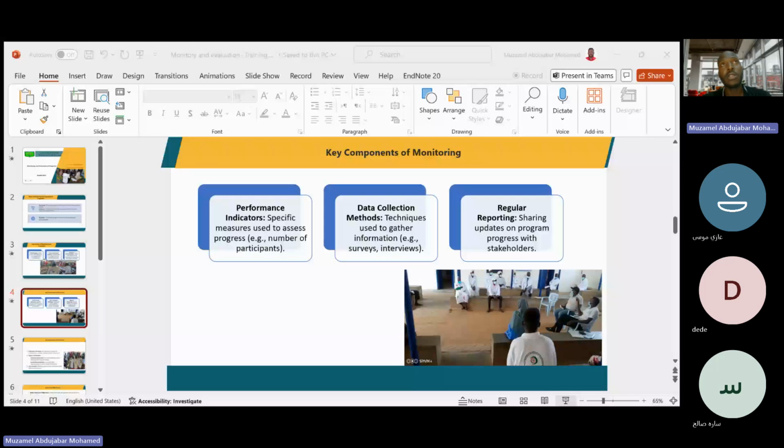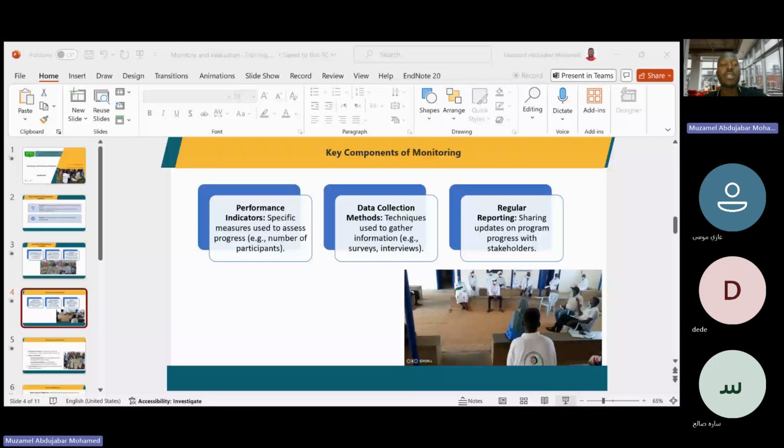That means during this program, you are going to provide the service in 5 health facilities. You are going to treat 10,000 people. You are going to provide 30 beds at the facilities. You can clarify this indicator. This indicator means the measurement, how we can measure your objective. You can do it like that.